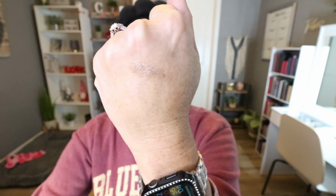And then we got this little thing, and I did not know what this was. At first I thought it was a highlighter, but I actually think it might be a cream shadow. How pretty it is. It's kind of a taupey, shifty shadow. I'm gonna use this as my inner corner highlight because I'm, like I said, not sure exactly what this